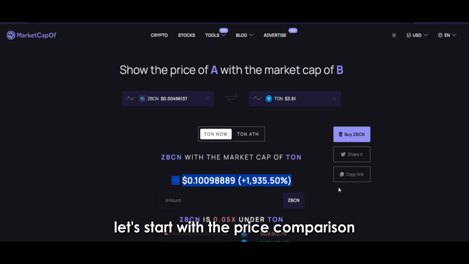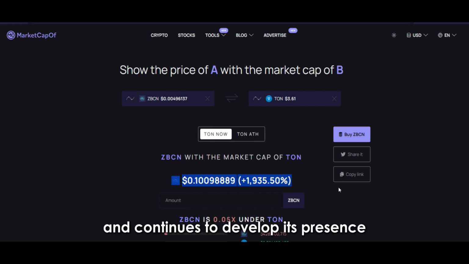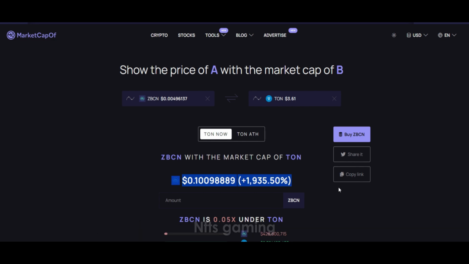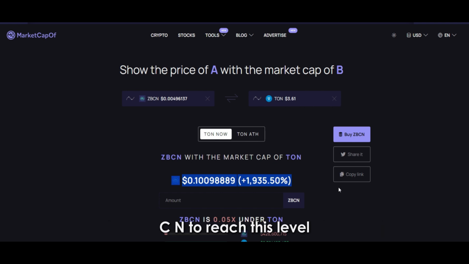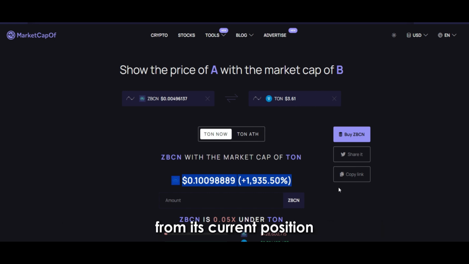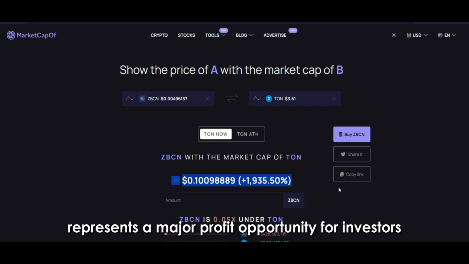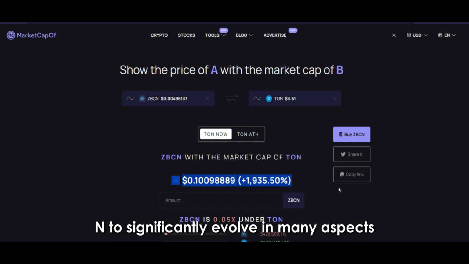First, let's start with the price comparison. TON currently has a high market capitalization and continues to develop its presence in sectors such as decentralized finance, NFTs, gaming, messaging, and more, supported by a wide user base. For ZBCN to reach this level, its price would need to increase more than 20-fold from its current position. This 1,930% increase represents a major profit opportunity for investors, while also highlighting the need for ZBCN to significantly evolve